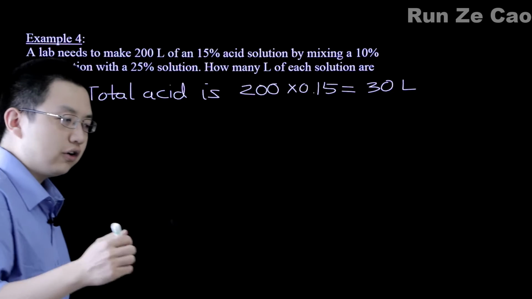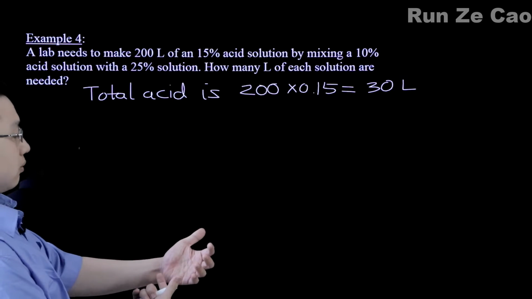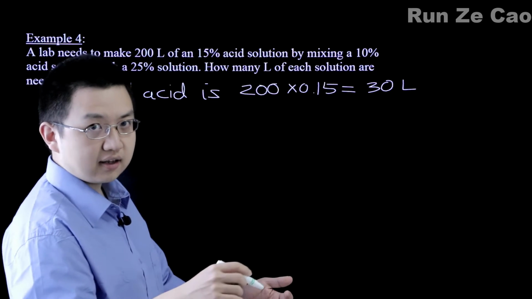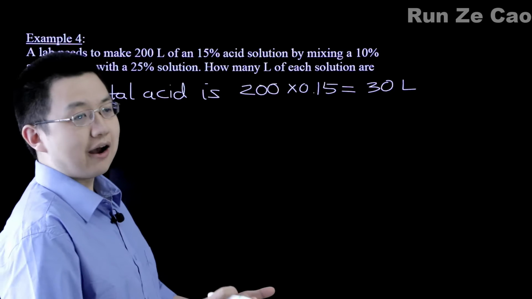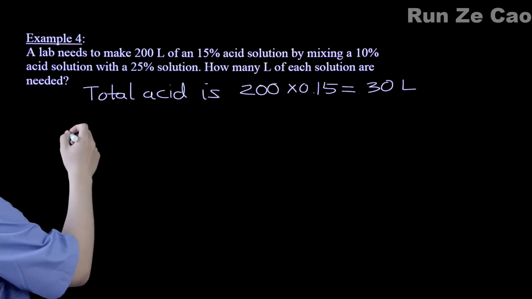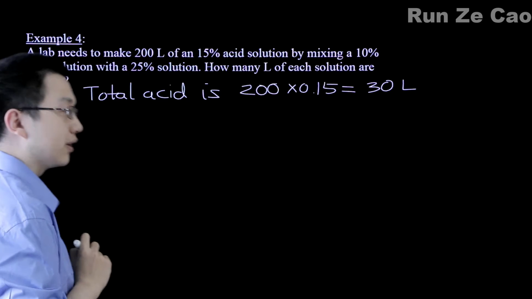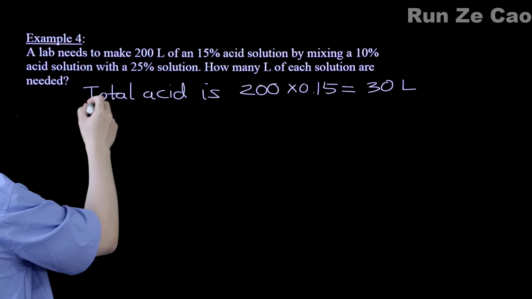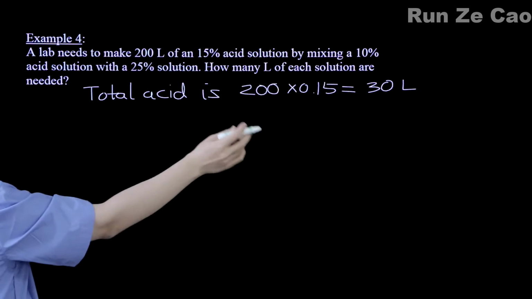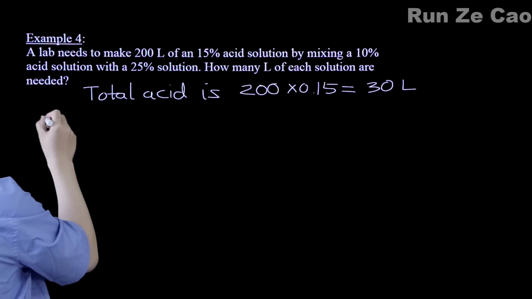Fortunately, if you've ever seen a bottle of vinegar, you sometimes see 5% volume. That means volume of acetic acid per however much solution. So, only when this is volume does this actually work when you are adding in chemistry. But for math purposes, we don't really care what it is. So, total acid is this much, total volume is that much. That means we have,